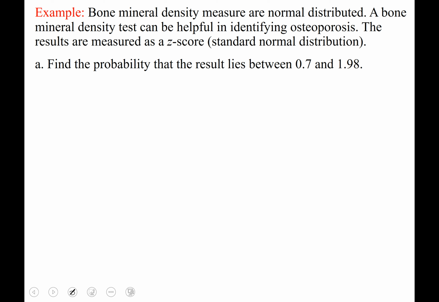Bone mineral density measures are normally distributed. When you read that normally distributed, I want you to visualize a bell-shaped curve. A bone mineral density test can be helpful in identifying osteoporosis. The results are measured